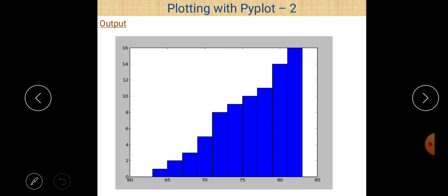You can easily see on the screen, this is the cumulative histogram. So by using cumulative is equal to true, a cumulative histogram is created. Cumulative histogram means the previous value is added to the next one, and in this fashion you can create a histogram.